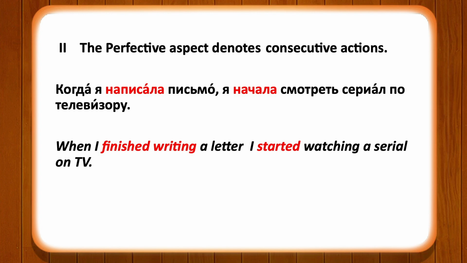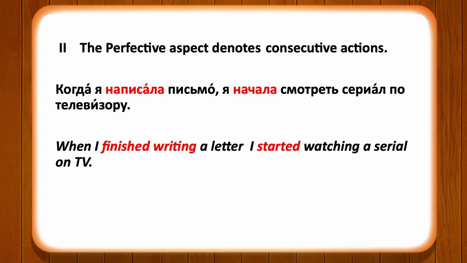Когда я написала письмо. The verb here is написать, which is a perfective aspect verb of the imperfective aspect писать. Писать, написать. The next verbs are начать, смотреть. Когда я написала письмо, написать here is a perfective aspect verb which indicates completion of an action. So, when I finish writing a letter, one action is completed, я начала смотреть, I started to watch a serial